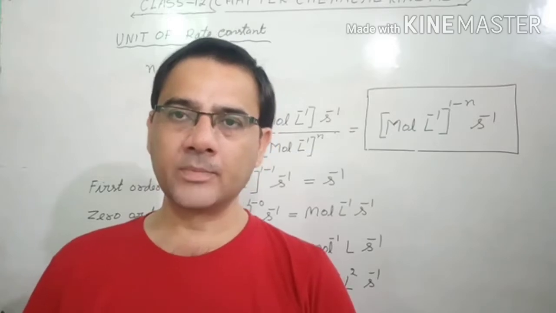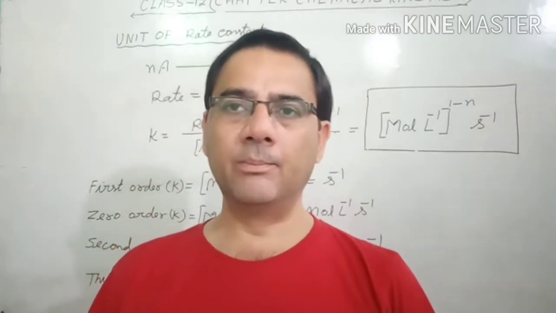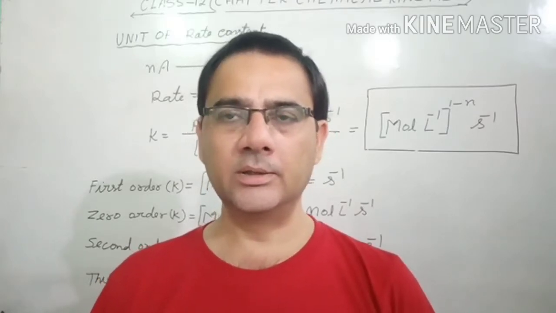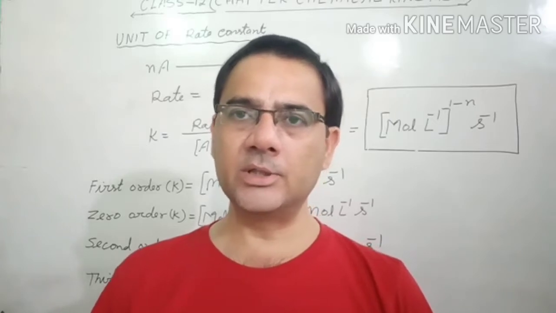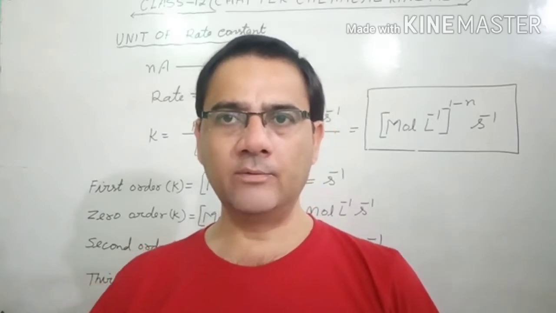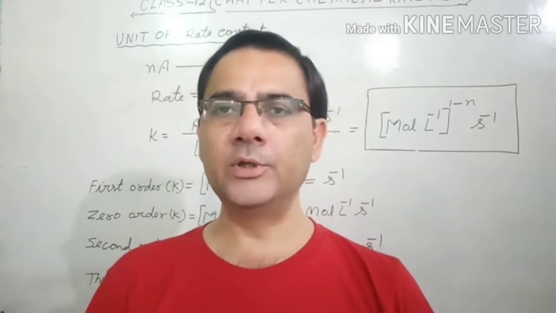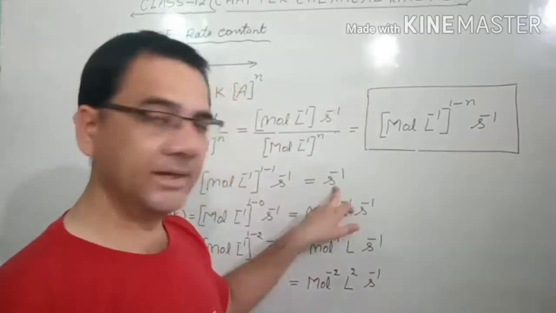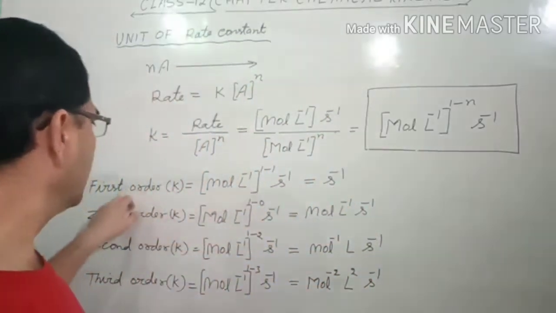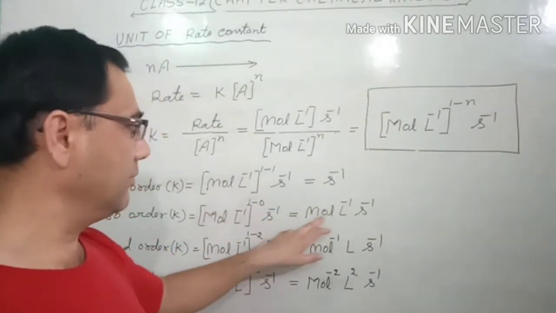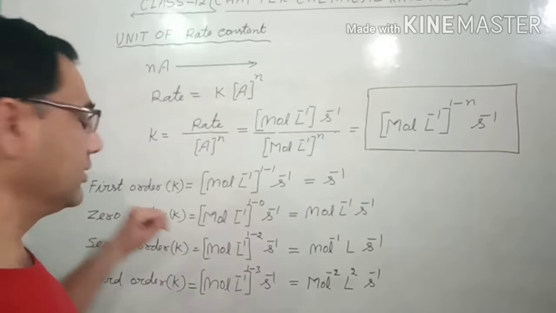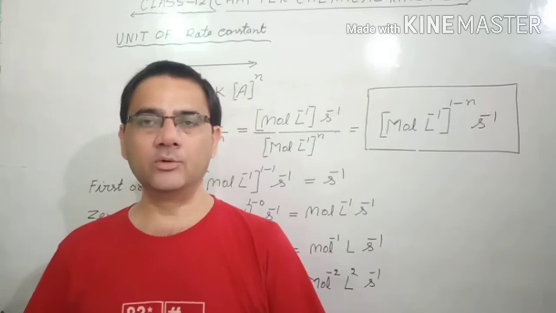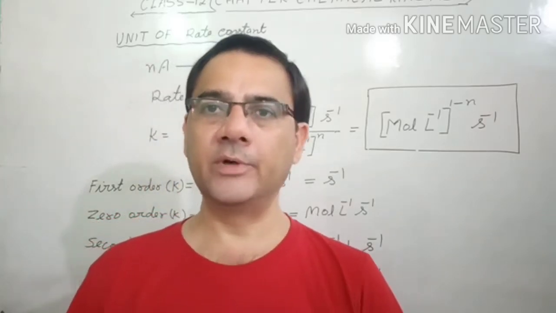Sometimes in a numerical, all the values and things will be given to you, but you cannot easily get an idea to which order of reaction the numerical belongs. In that case, just by seeing the unit of the rate constant, we get an idea to which order of reaction the reaction belongs. If the rate constant value is given per second, it is understood that the reaction belongs to the first order. If the rate constant value is given mole per liter per second, it is understood that the reaction belongs to zero order, and so on. So I have given you the example of how to find out the unit of the rate constant for the different kinds of reaction.